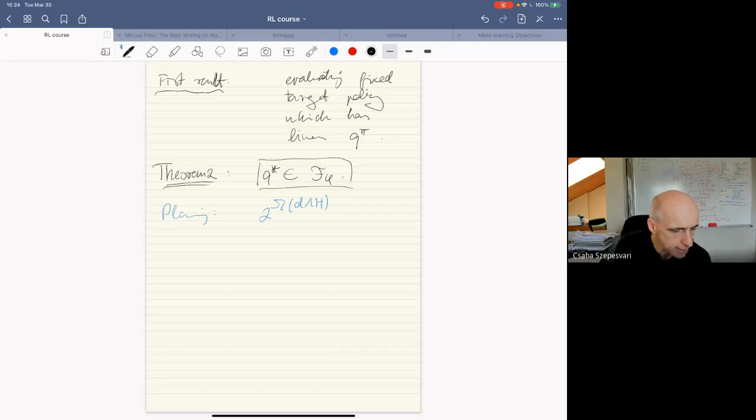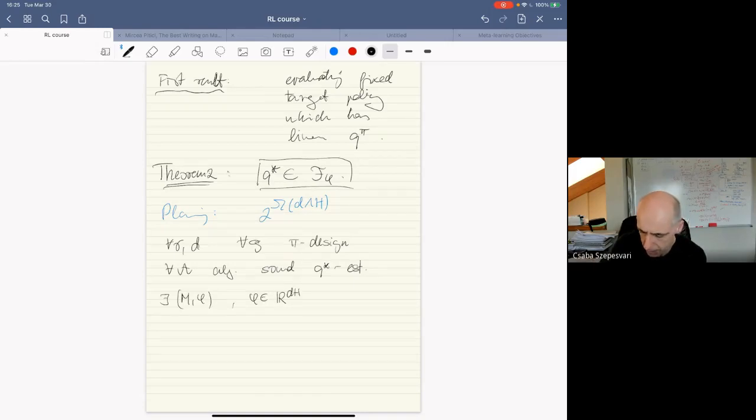So again, the result is going to say that for every gamma and dimension and every row pi design, so no matter how clever you are about your passive design, for every algorithm that is sound, and we only require Q star estimation for some initial state, there exists a featurized MDP such that the features are going to be d plus 1 dimensional, but it's pretty much the same. They are nicely normalized. Q star lies in the span, and there exists some initial state as well, such that